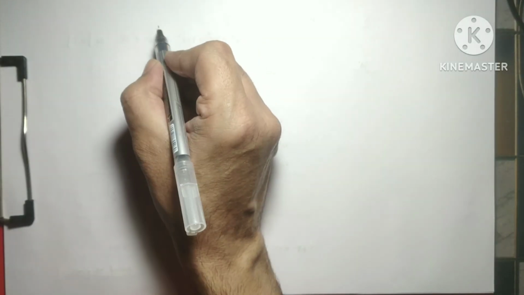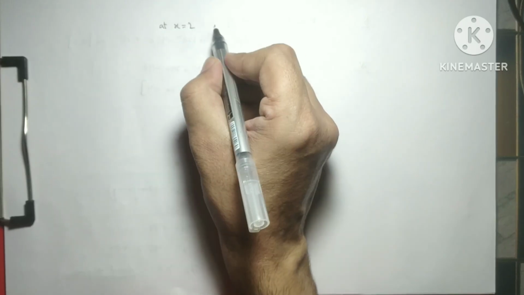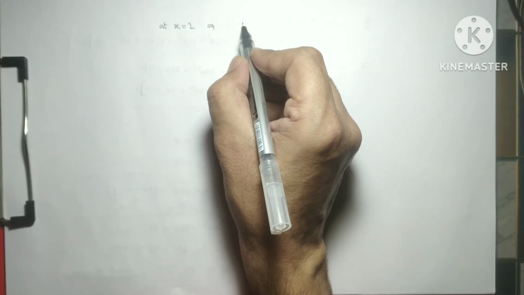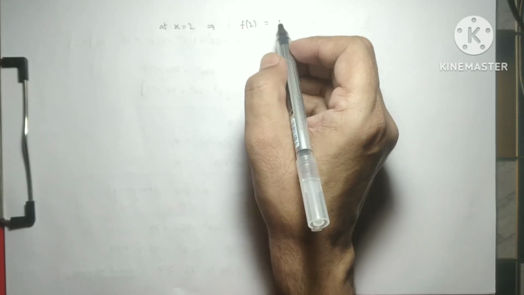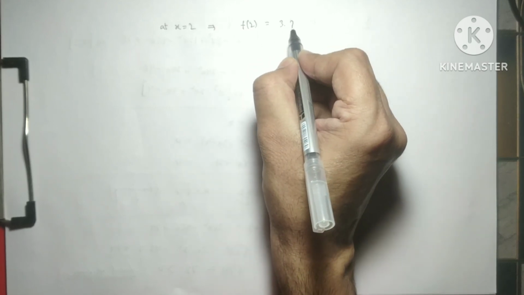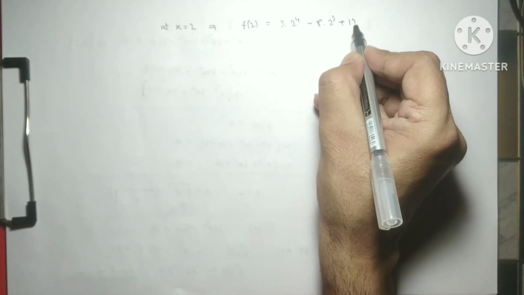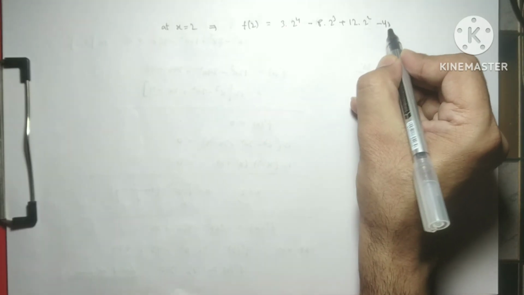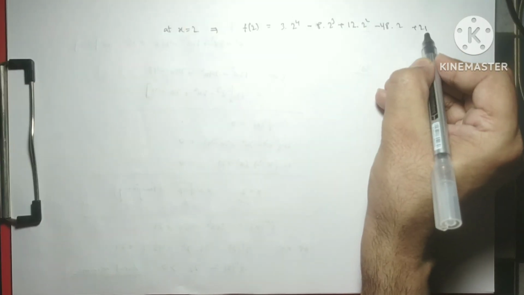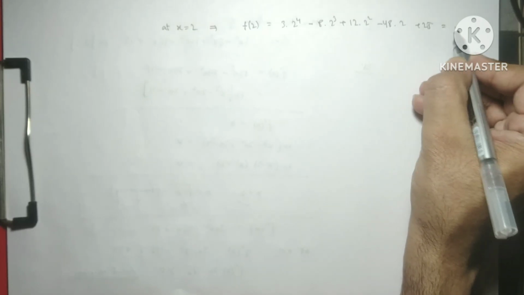Now at x equals to 2, we will collect the value of function. So f(2) in given function 3 into 2^4 - 8 into 2^3 + 12 into 2^2 - 48 into 2 + 25. So when we solve this we get minus 39,